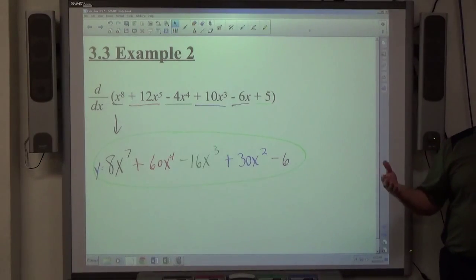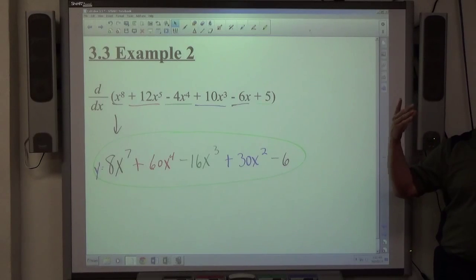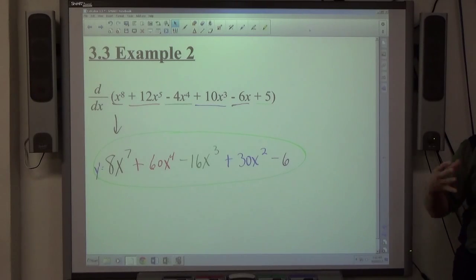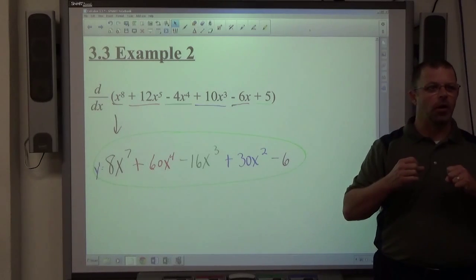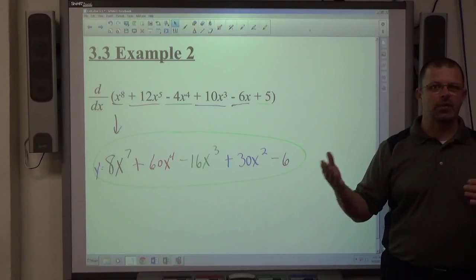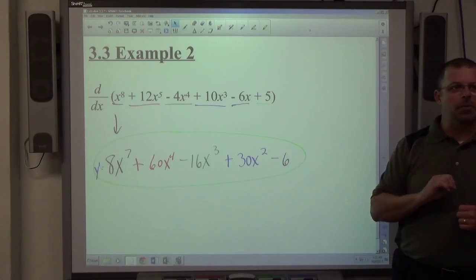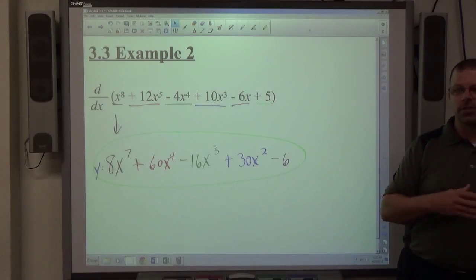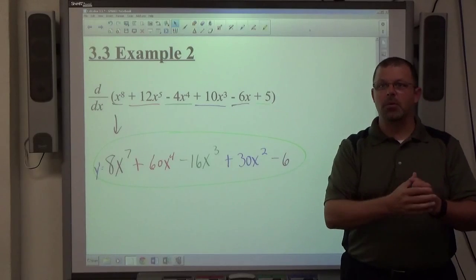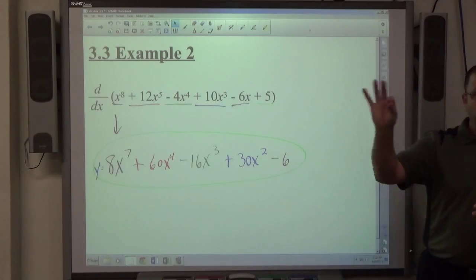One thing that's going to happen here in the next few lessons, next chapters, is we're going to be using the function. We're going to be using its derivative, and eventually we're going to be using its second derivative to do stuff. We're going to have all three of these functions on our paper at once. And sometimes we use the function, sometimes we use the derivative, sometimes second derivative. It's very important that we mark our paper properly with what each thing is. So y equals function, y prime equals derivative, y double prime equals second derivative, or f prime, f double prime,